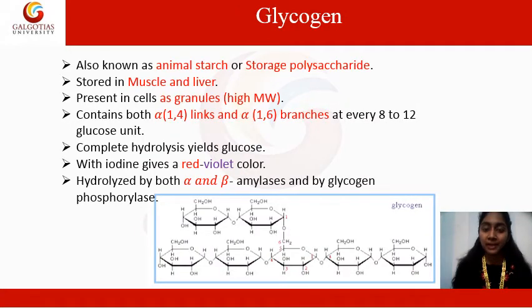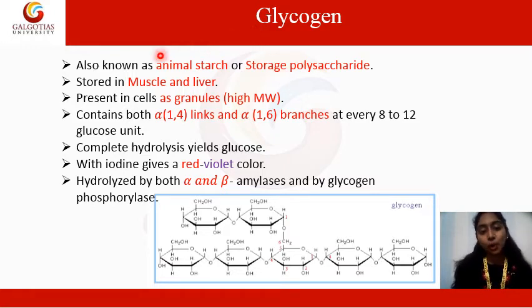Now we'll talk about glycogen in detail. So glycogen is very important to us because humans, we also store our carbohydrates, our glucose, in the form of glycogen, and whenever we need energy, like at the time of fasting, the energy is given by glycogen. Glycogen is broken down to glucose again, and then we get the energy. And otherwise, we directly take it from our diet.